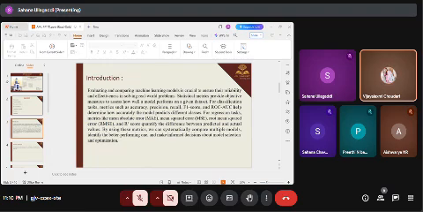Introduction. Evaluating and comparing machine learning models is essential to ensure that they perform well on real world tasks. Statistical metrics provide objective ways to measure the model's accuracy and reliability. For classification tasks, metrics like accuracy, precision, recall, F1 score, and ROC and AUC show how well the model